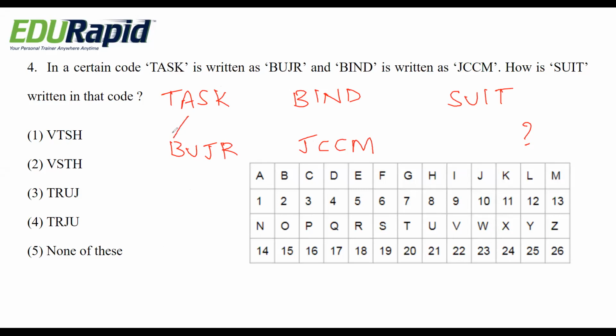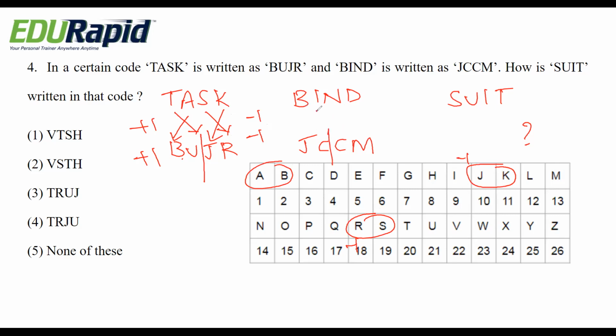If you observe here, after A it is B and after T it is U. So it is related to two terms. After S it is R, and after K it is J, sorry, it is the preceding ones. After R it is S, and after J it is K. See here, J and K are decreasing, and R and S are decreasing. That is the preceding terms. Here after A it is B, it is increasing. First two terms are increasing and the next two terms are decreasing.